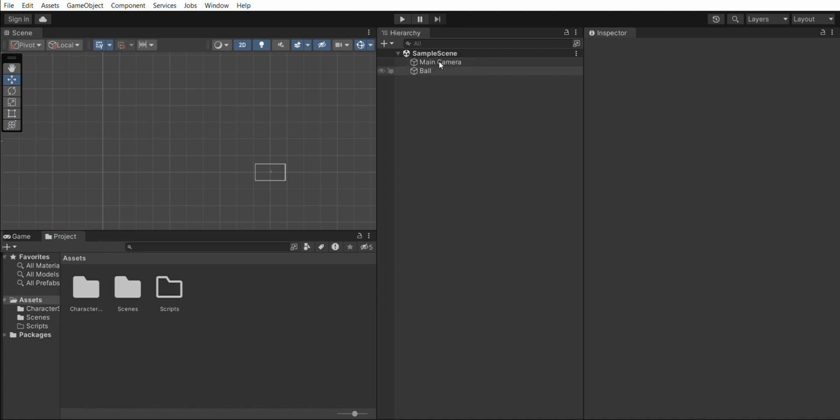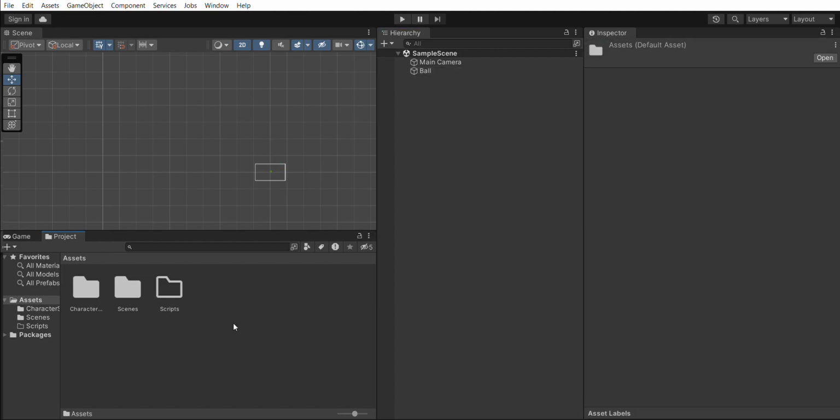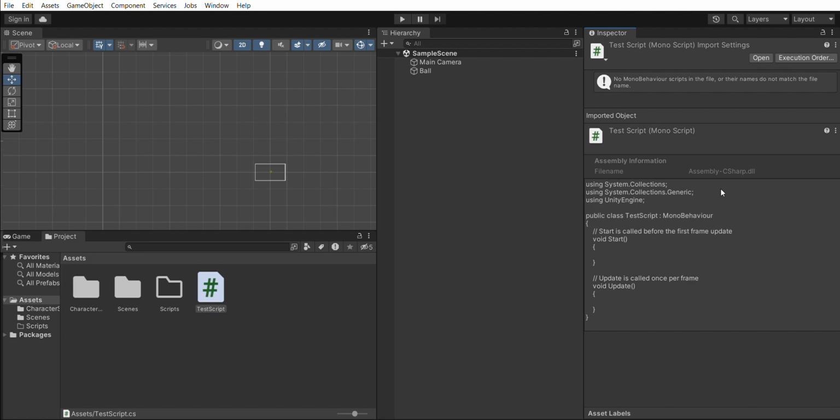So a script is basically a custom component which we can create. Like here we have components such as Rigidbody 2D and Sprite Renderer. So it's a custom component where we can write our code and it will function. So let's create our script first. Let's create a C# script in here. Let's name it TestScript. You can name it anything you want, and now it's loading and it will open it